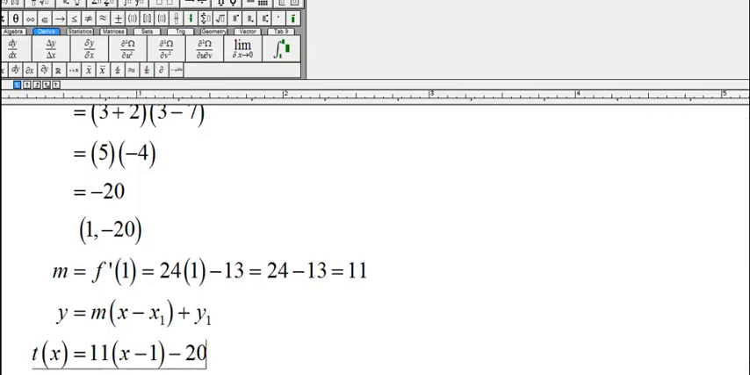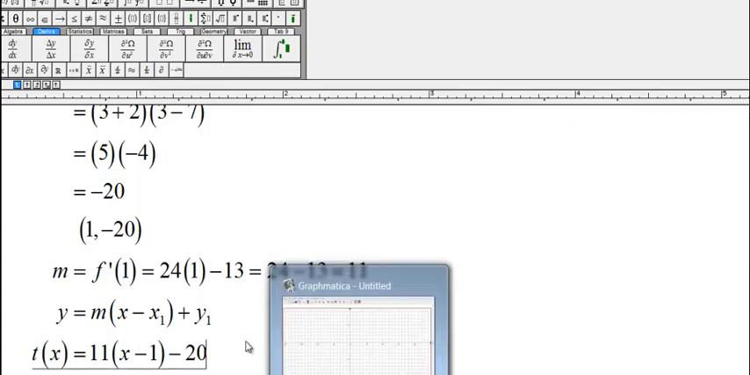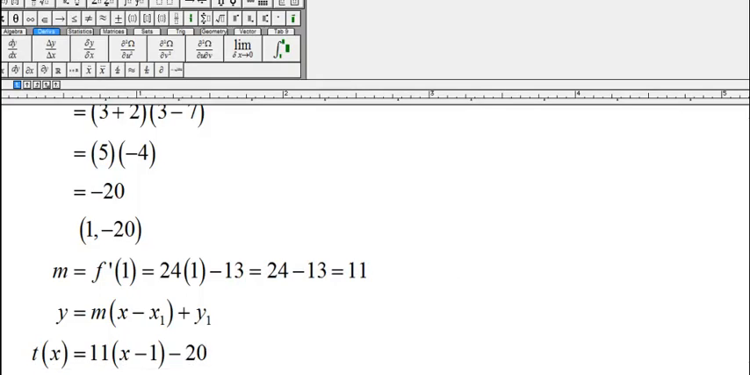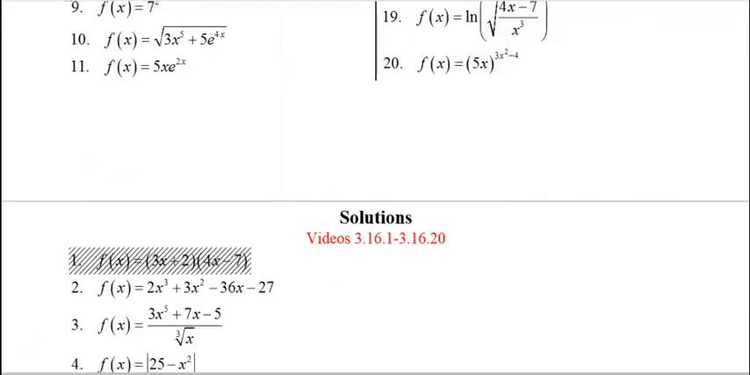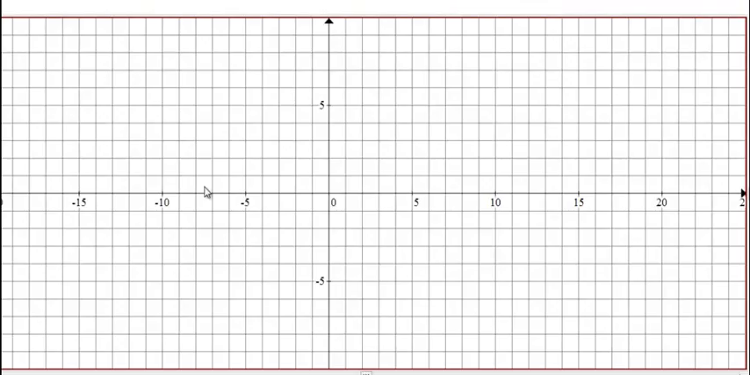Okay, so let's see if we can graph all these things together. You might want to write those down, and I'm going to move them off the screen here. Okay, so let's go in and graph this now, say in a graphing utility. So the first function we're going to graph is